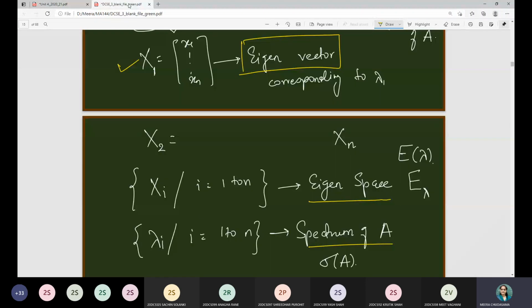So up to this, do you have a clear-cut idea about what are eigenvalues and eigenvectors? We are going to consider examples based on these eigenvalues and eigenvectors, but let me know whether up to this the theory part is clear to everyone or not. If you are saying yes, please raise your hand.